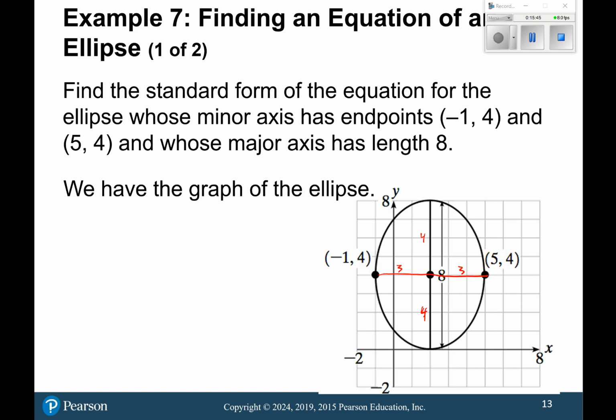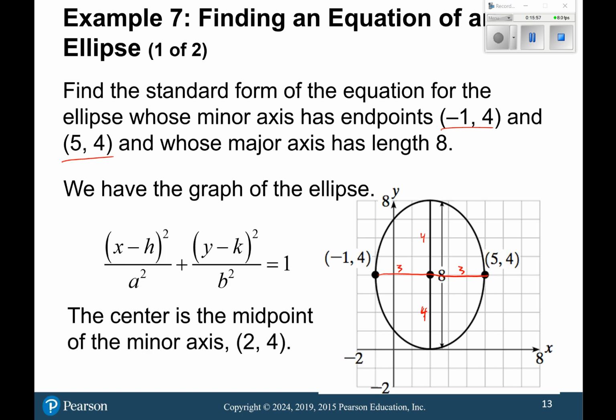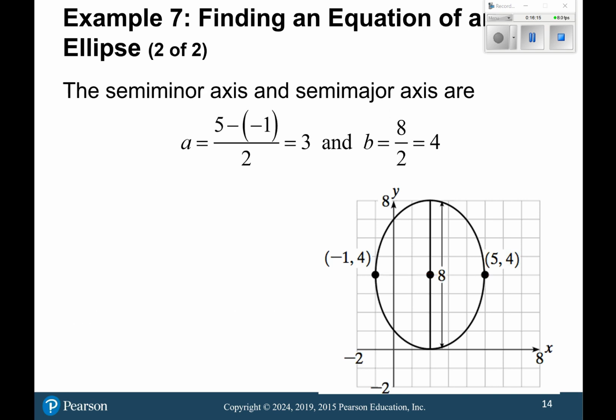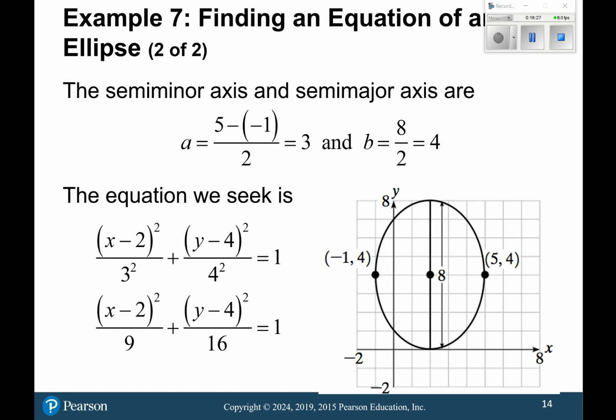The center has to be exactly halfway in between these endpoints that they gave us. So we should be able to say that the center is at the point 2, 4. Okay, try and keep all that in mind. Centered at 2, 4. The major axis has a length of 8. So our value there for B has got to be 4. And if A is 3 and B is 4,